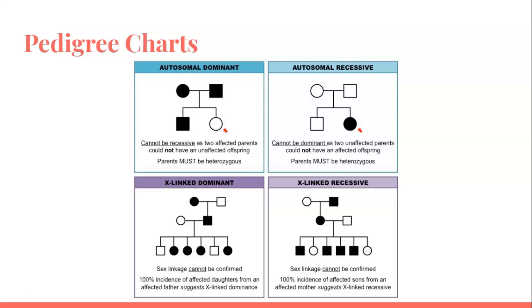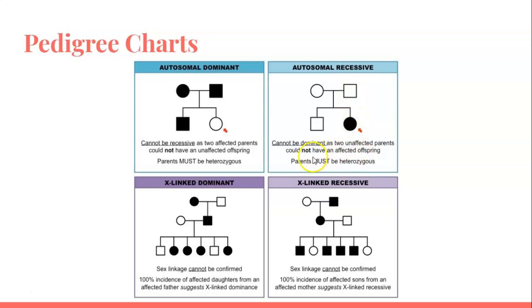or autosomal recessive. For this, you can again see, because both parents have it but one child does not, it's dominant, whereas for the recessive, you see the opposite happening. Both parents do not have it, but one of the children does have it. So again, this can't be dominant because if it was, then both of the parents would have it if they passed it on. But again, the parents must be heterozygous to be able to not have it but give it